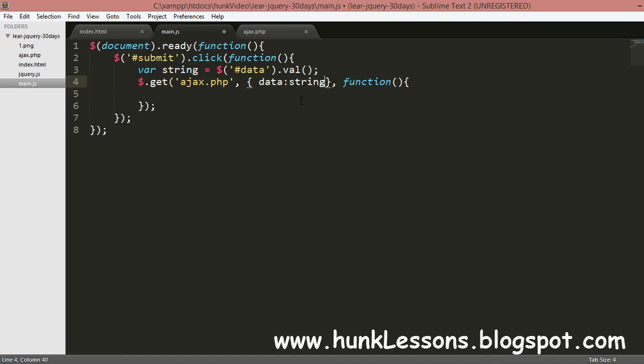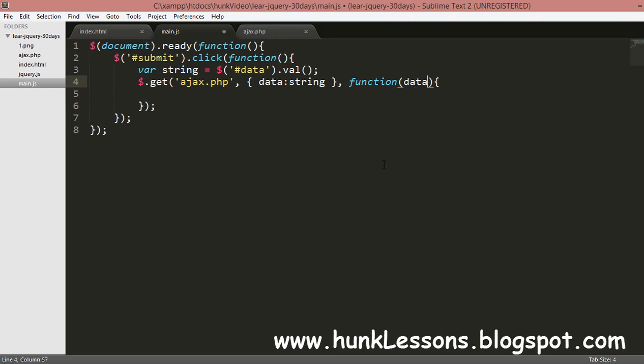You can send multiple data by comma separating it like this, comma data 2, 3, like that. We have to put a comma every time. Third is the function which we want to perform after the work has been done.